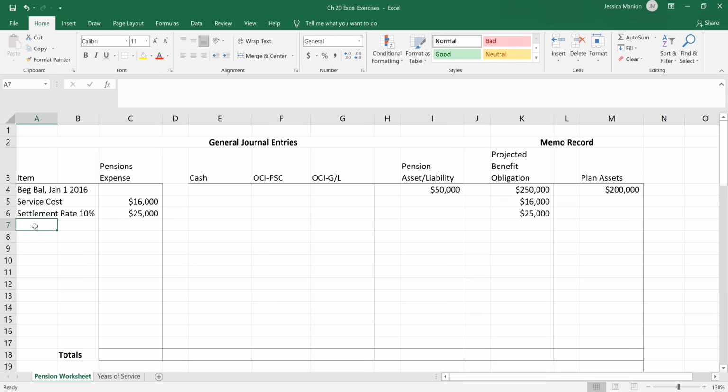actual return on plan assets, okay? Actual return. And what does it say? We've got an actual return of 18,000. So that is a negative to the expense, because this is money that we had a return. Basically, we earned interest or we earned dividends on our plan assets. So that's a negative to the expense. That's an increase to the plan assets,